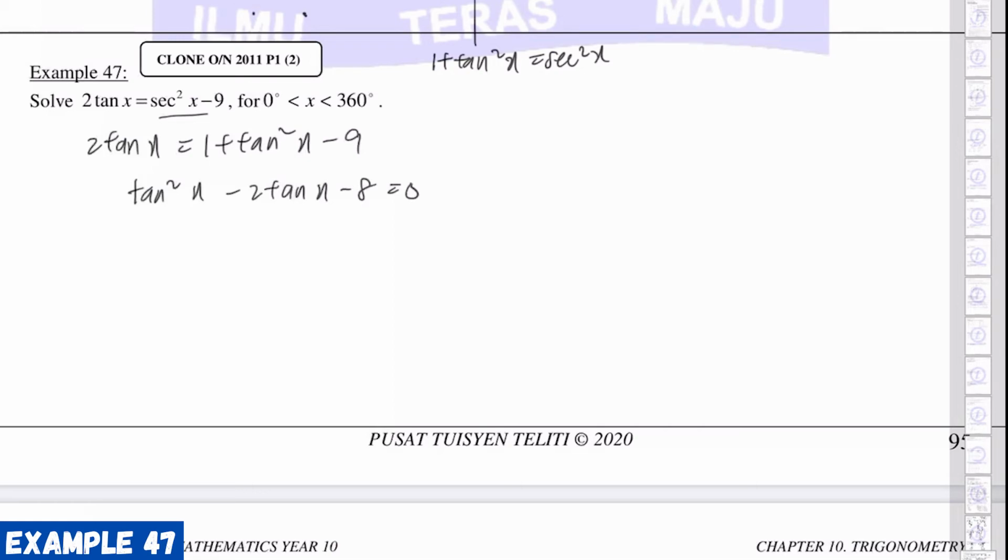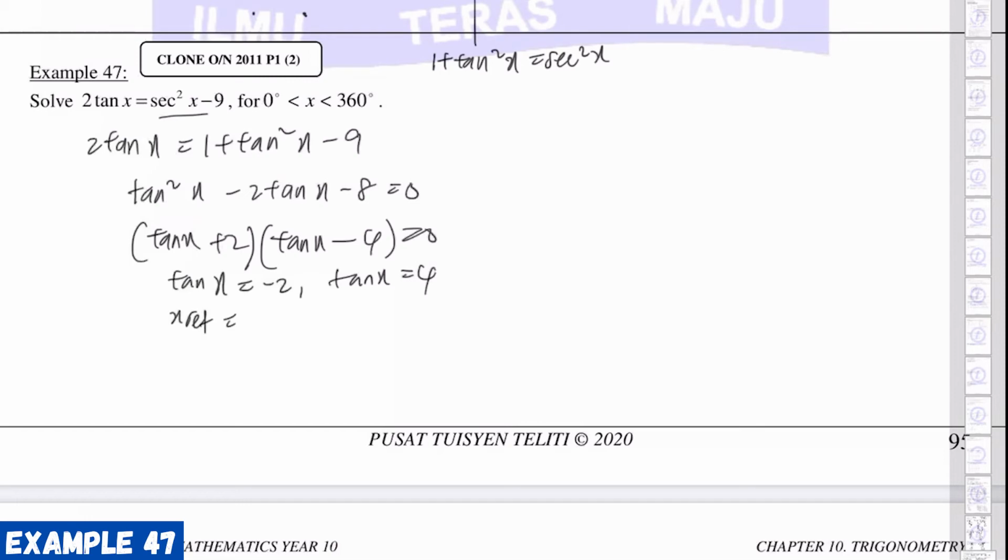Okay. So can we factorize this? What's a common factor? We should use 4 and 2, right? So tangent x, 4, 2, minus plus. So tangent x is either negative 2 or positive 4. Now for tangent x equals negative 2, use your calculator, reference angle, shift tangent, 63.4. For tangent x equals 4, reference angle, use your calculator, shift tangent 4,